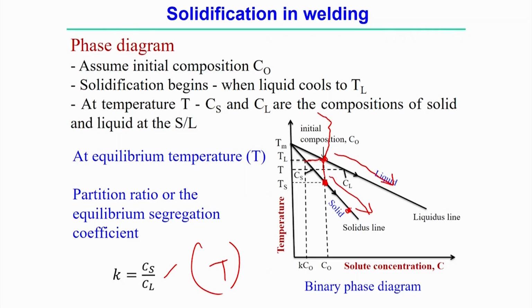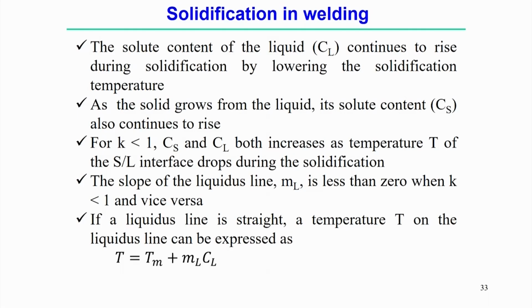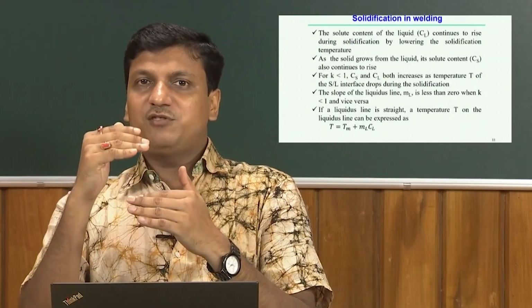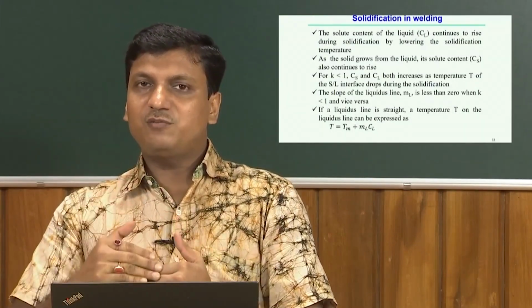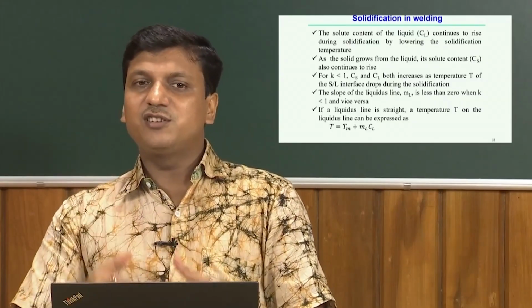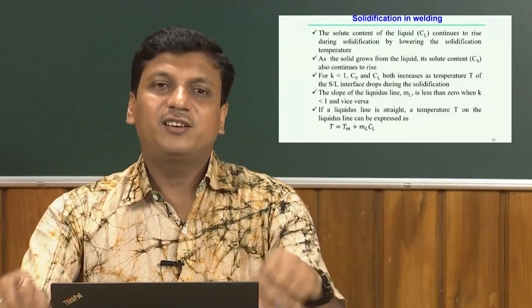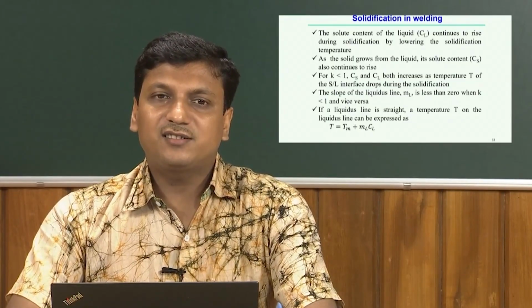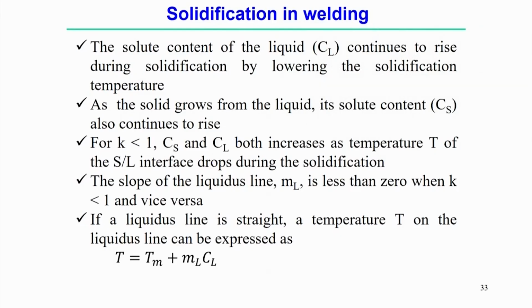So, at this point definitely the solute content is more if the solidification temperature is less. Second point, as the solid grows from the liquid, its solute content also continues to rise. Definitely as the solid grows from the liquid, so when it starts from the liquid phase and continuously grows towards the solid phase, the concentration of the solid phase actually increases. If K is less than 1, then Cs and Cl both increase as the temperature T of the solid-liquid interface drops